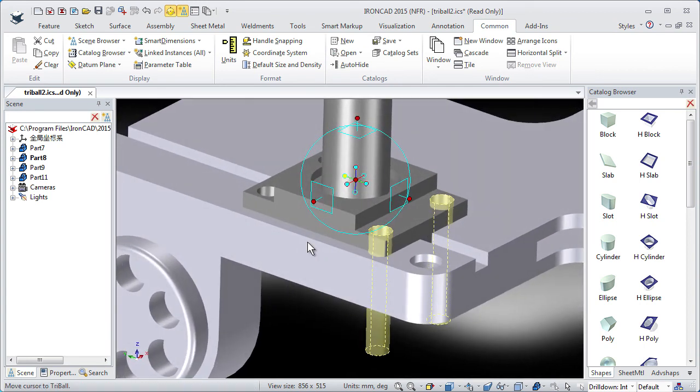Then I turn off the tribal, and as a final adjustment of these holes, I will grab this handle and change the depth of it, and you see the other hole is also changing. So I press and hold the shift key to use the smart snap function and to snap to this edge, and release the left mouse button, and the hole is in place, and we have the right depth of the holes,